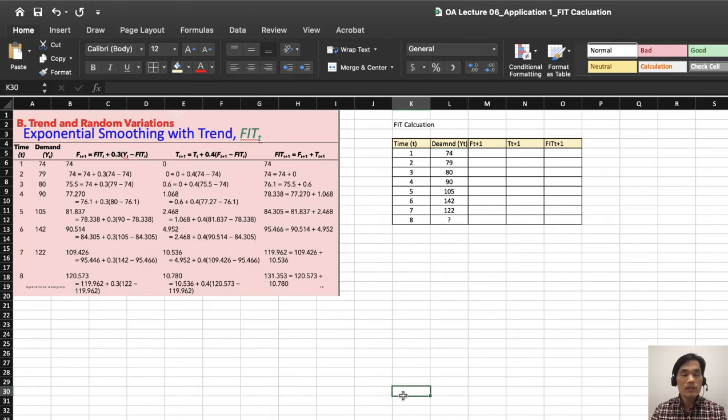So let's talk about how to do exponential smoothing with the trend using Excel. Here is the slide from the lecture, and here is the setup of Excel. I just entered the time t, 1 to 8. This is quarterly data, and we want to predict what is going to happen in